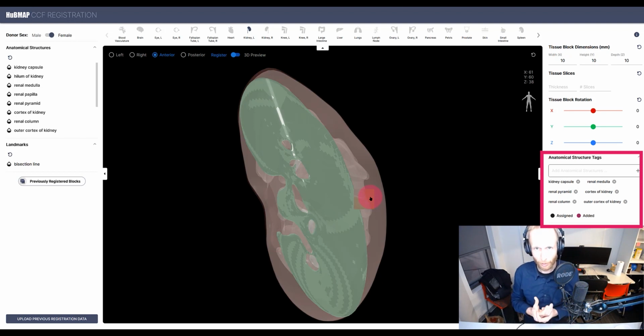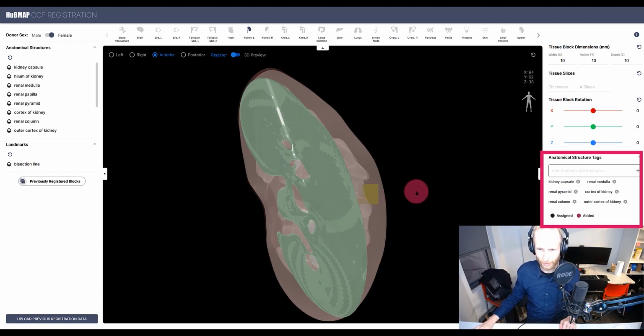If you've ever watched a Hollywood movie or played a video game that uses CGI, oftentimes collision detection is being used to compute physics that should happen afterwards, such as an explosion or deformation. Now, in our case, if two objects collide, it's something much more innocent. We just get an anatomical structure tag.